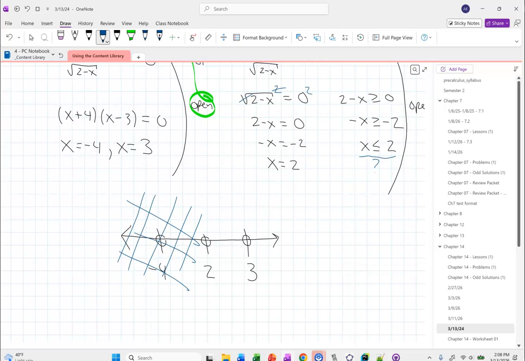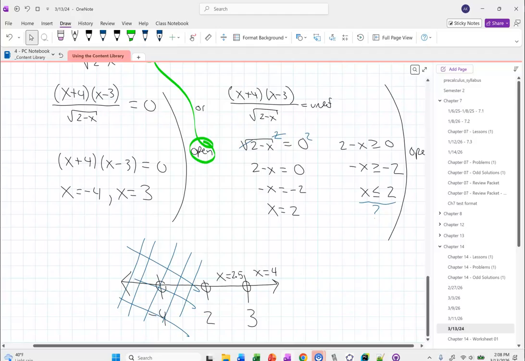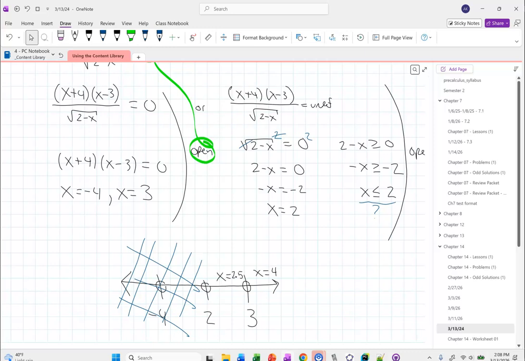Okay. So how many test values do I need here? Just 2. Everybody okay with the test values I have chosen? Yes. Okay. Here's the good news. If I take the square root of any number that's greater than 2, what am I going to get in the denominator no matter what? A positive, right? You can't get a negative number that comes out of a square root, right? Everybody's okay? So the bottom's always going to be positive. So all I care about is up here.